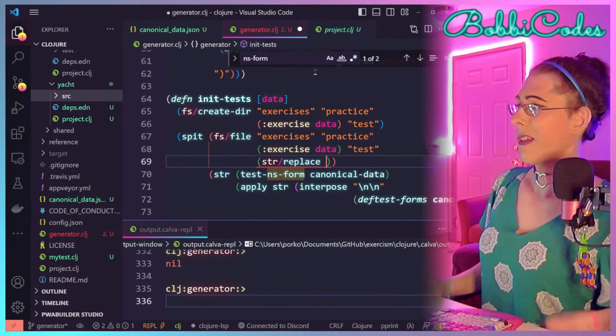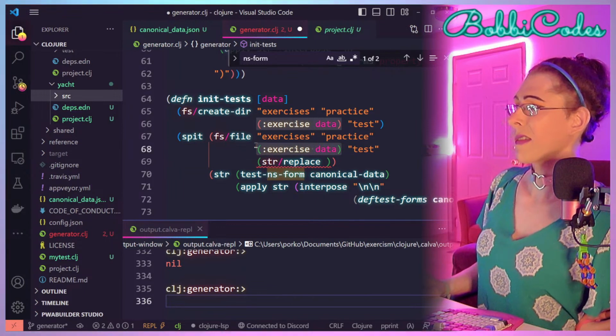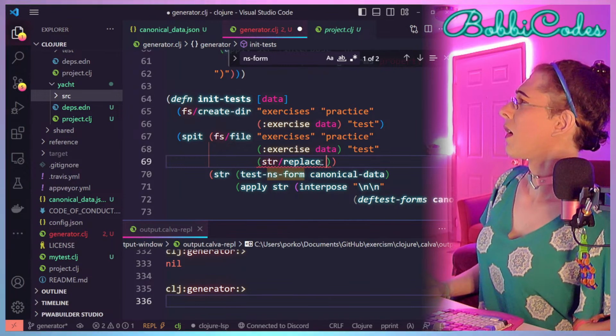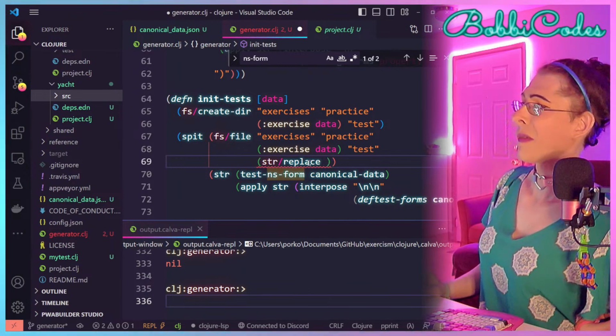Replace the name of the exercise. Wait. Yeah, we're good.